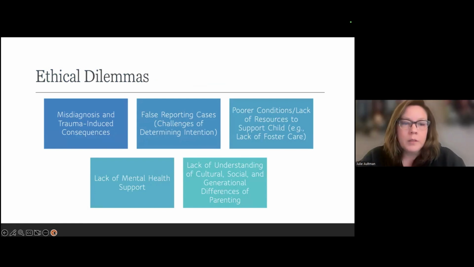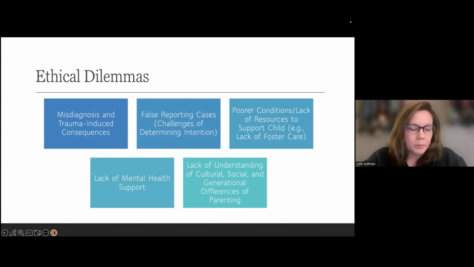Other ethical dilemmas that emerge, and this is definitely an opportunity for our post discussion for you guys as providers to weigh in on, but the issues of misdiagnosis and trauma-induced consequences of that misdiagnosis. In my experiences of doing clinical ethics consults, of navigating through residency training, and helping residents understand more about the issues of child abuse from ethical and legal standpoints, one of the issues that continues to come up is, hey, I suspect child abuse. I see some bruises.